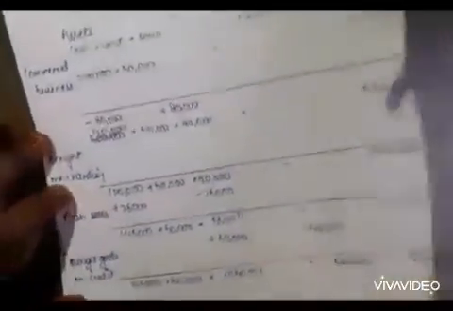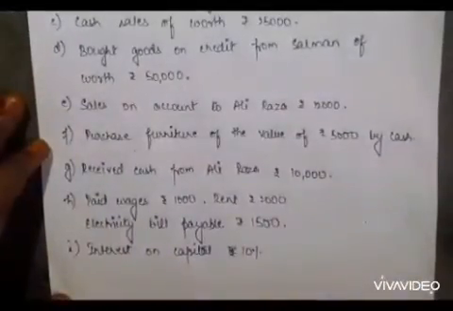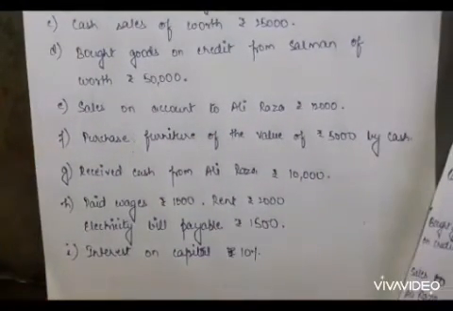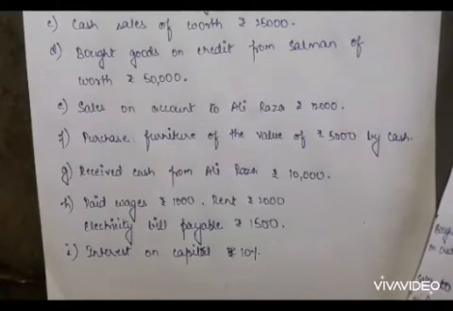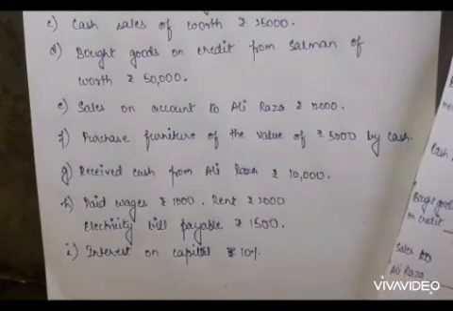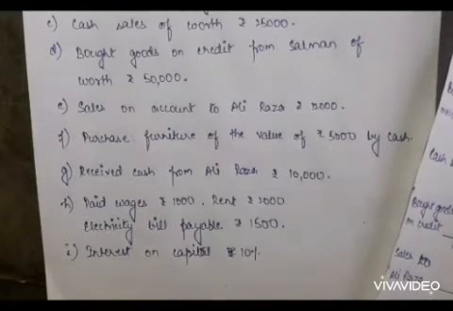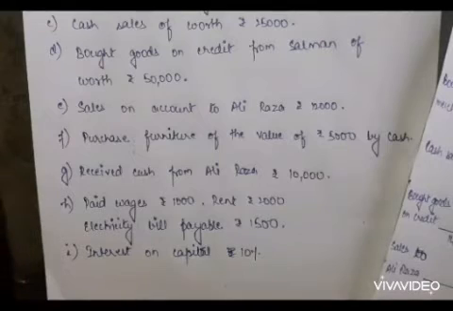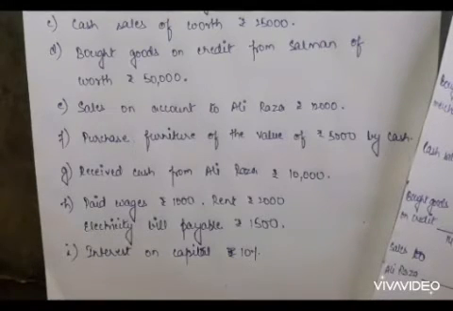Next transaction that we have is sales on account to Ali Raja. We are selling it on account. What do you mean by account? Account means that we have not received the cash now. We'll be doing it later, but we have sold the goods. So if we are selling it on credit, it's a credit transaction, and then it becomes a debtor, and debtor is an asset. Who is the debtor? Debtor is the person who owes us the amount.